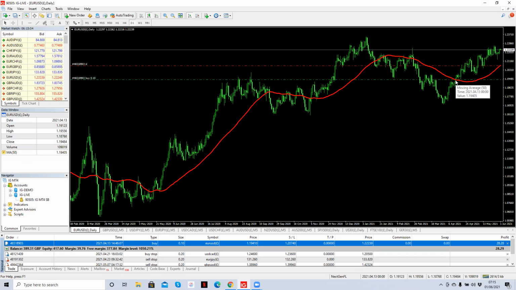So you can see I entered the live swing trade on the 13th of April. It took my pending buy order at the time with a 100 pip stop loss. And then on the 19th of April, the market moved 100 pips in my direction. And so from the 19th of April, I started moving my stop loss with the moving average, like I've done today. So today, like I say, you can see here, my stop loss is 1.2074.